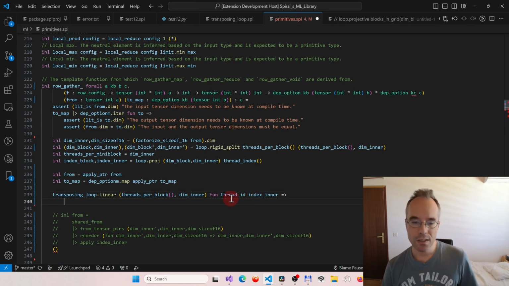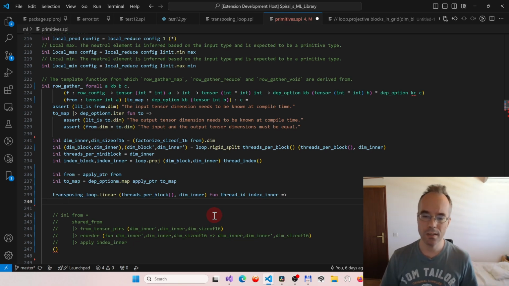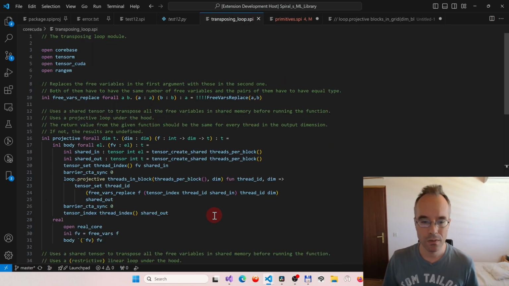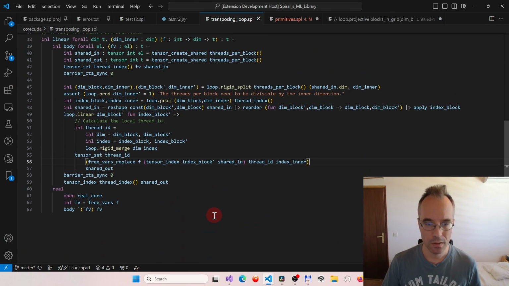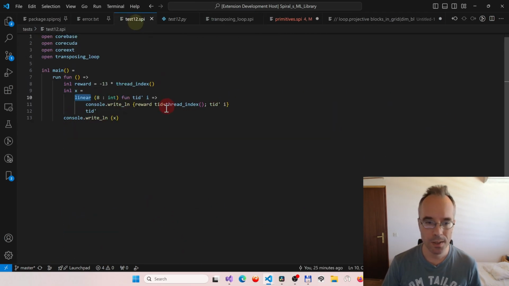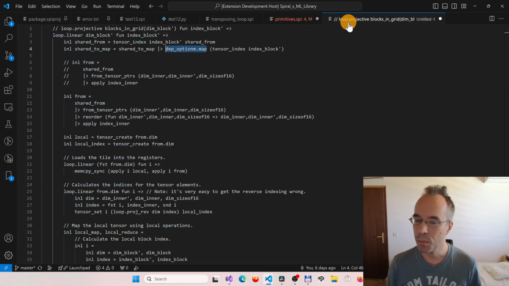And yeah, this is the index block basically, and okay, we'll be passing it in as the thread ID. We have this loop linear. Now how... let me just open the test. Thread ID, thread ID and the inner index. And if you look at loop projective,